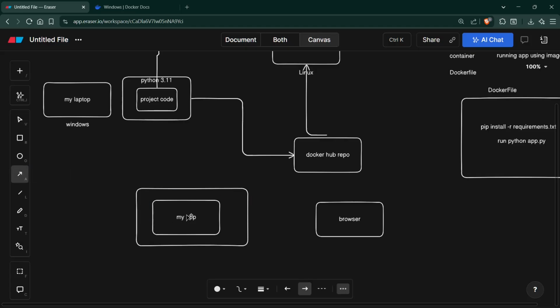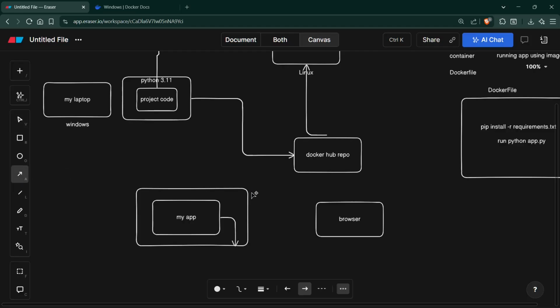For example, my app is connected to port 5000, it's exposed and connected to 5000. But from Docker, no port is exposed, so my browser cannot connect here.